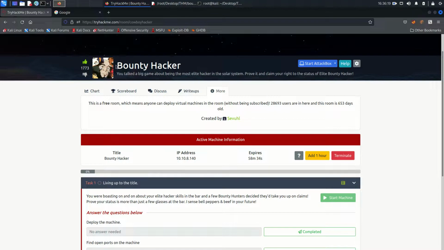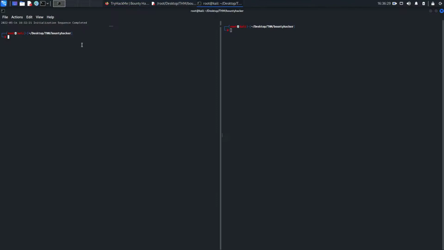This is an easy machine and the machine name is BountyHackers. So this is the IP of that machine. I already started the machine and I already connected with the VPN given by Tryhackme. So without wasting time, let's just start the machine and we will start it with the reconnaissance phase, which is